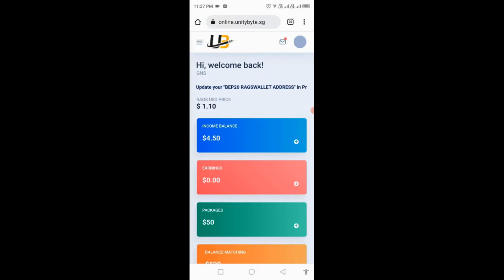So in this video, we are going to see how to withdraw from Unity Byte. We have to withdraw from Unity Byte as Rax coins, and we are going to move that Rax coin from Unity Byte to Trust Wallet. And from the Trust Wallet, we are going to swap this Rax coin for the Smart Chain BNB, and then we are going to use that Smart Chain BNB to go to GeoTez or any other local exchange to convert that from BNB to INR and make sure we got that INR in our bank account.